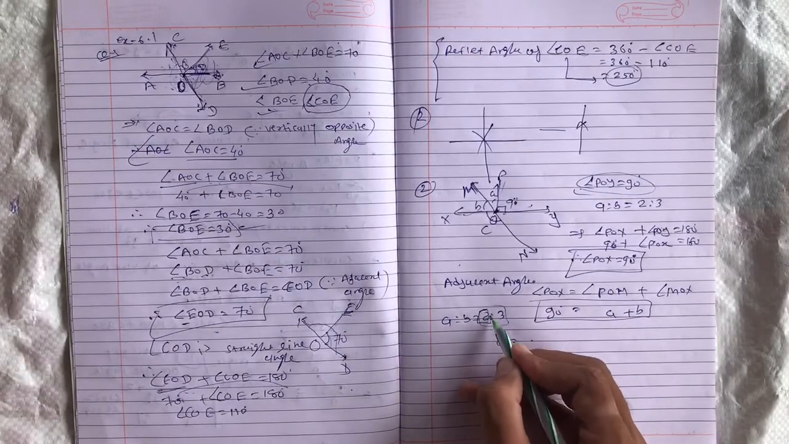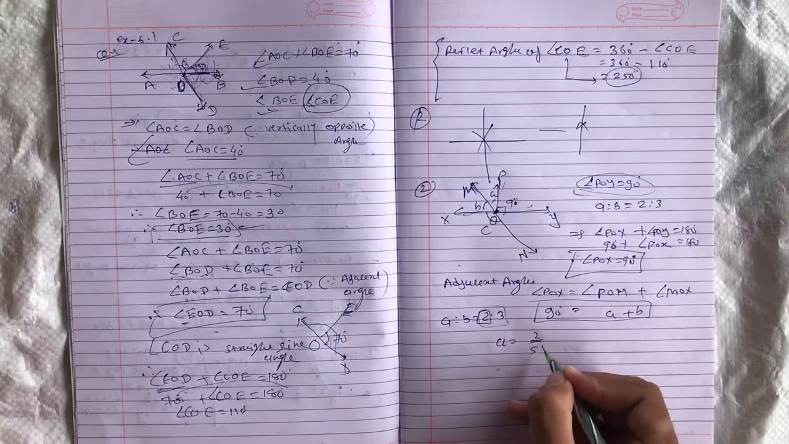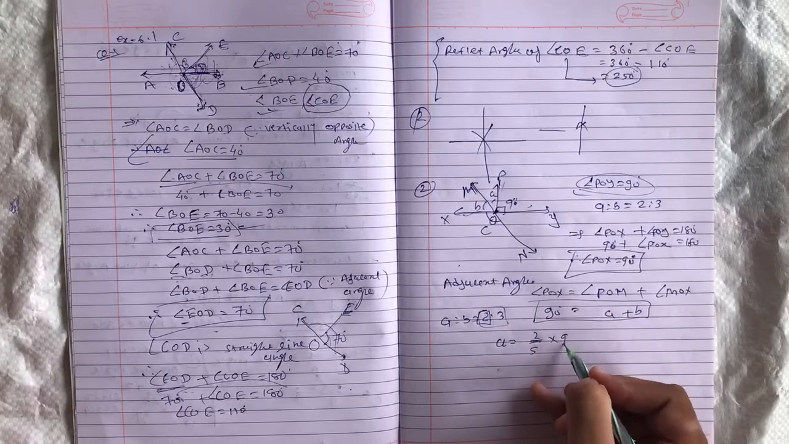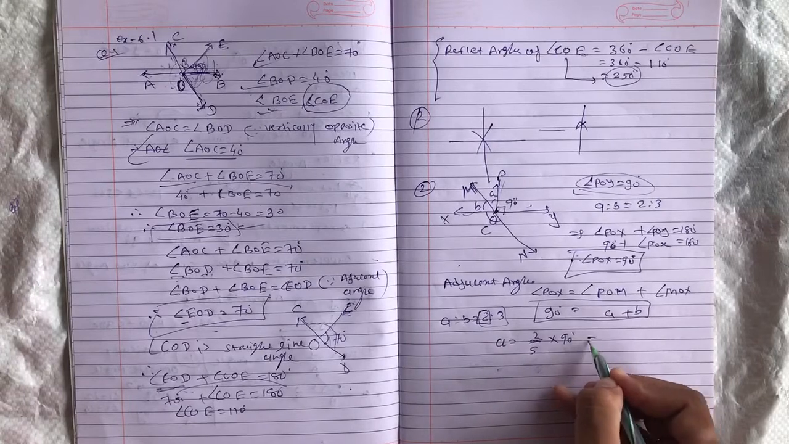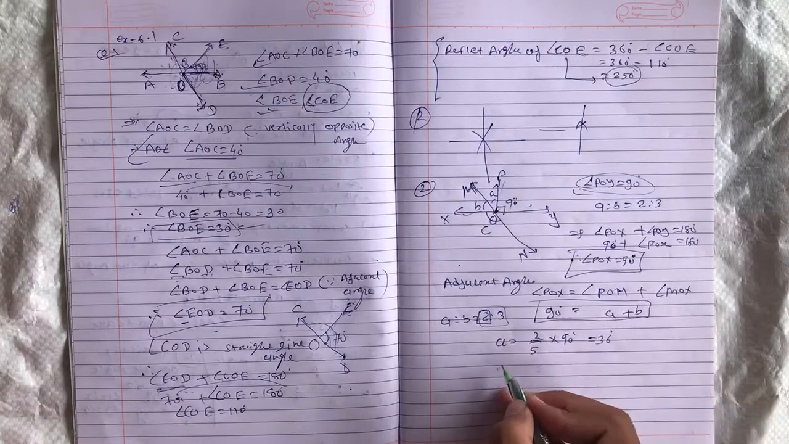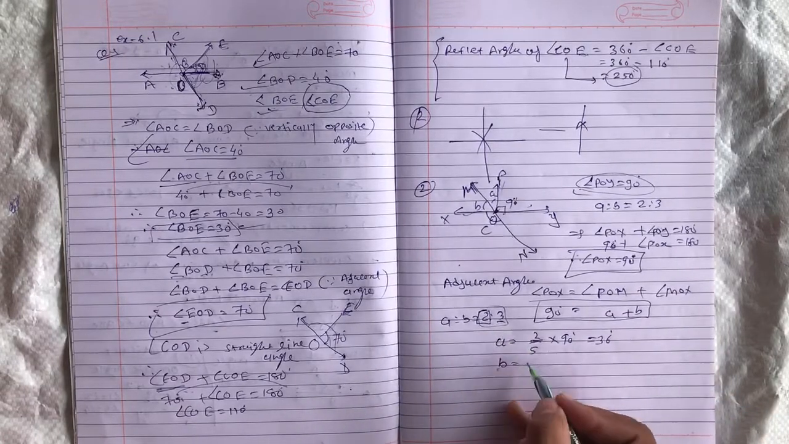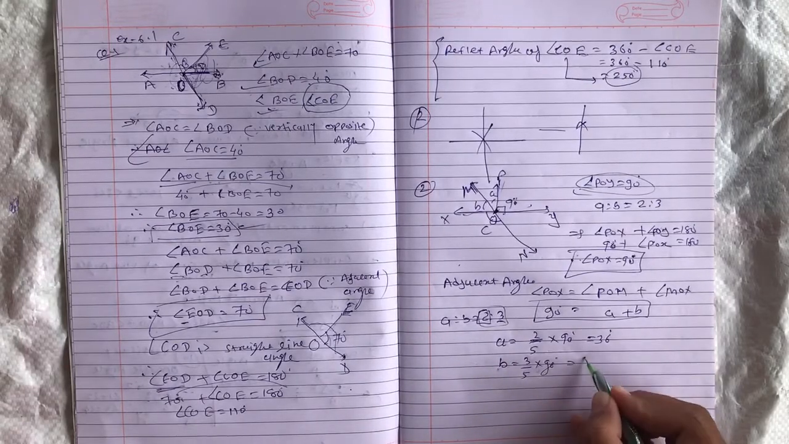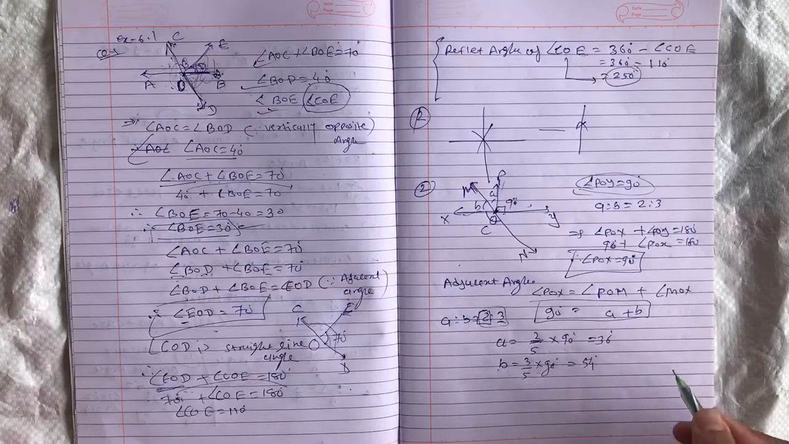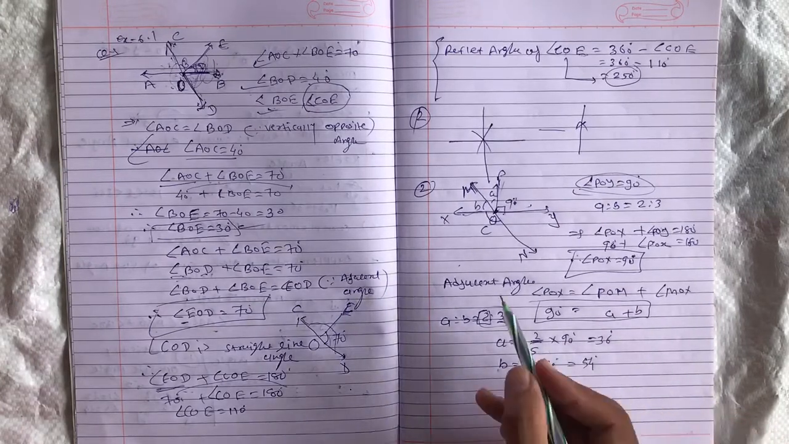So we get the value of A: A is 2 out of a total of 5, and this angle is 90 degrees. So after calculation we get 60 degrees. In a similar way, B means 3 out of 5, and of 90 degrees, therefore after cancelling out the answer is 54. Now angle B and C,